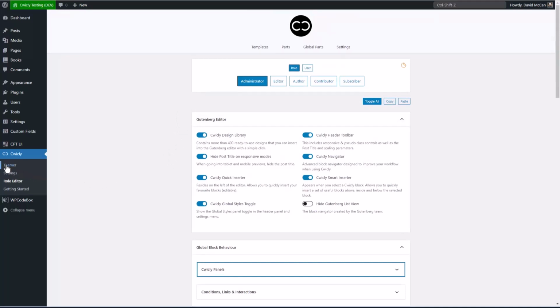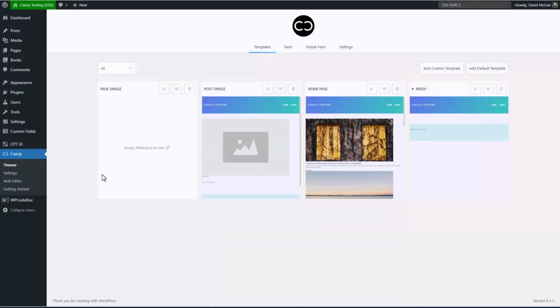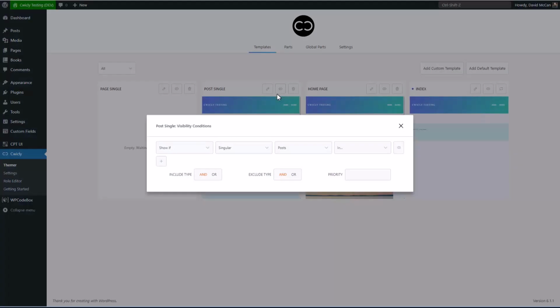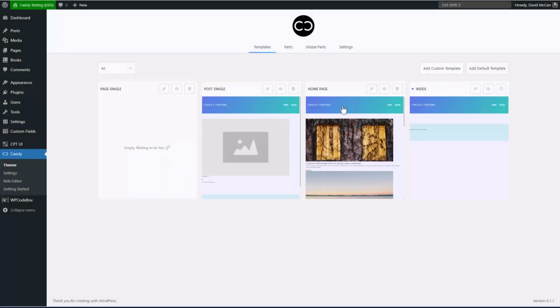Cwicly comes with a themer or theme builder feature, and this is a better version of Template Manager than what comes in core. You can add templates. When you add a template, you can set display conditions. Quite a few options here for setting the display conditions. Then once you go into the Gutenberg editor,